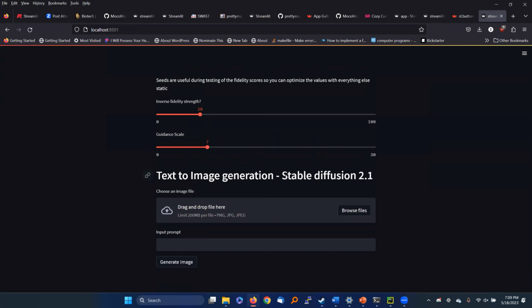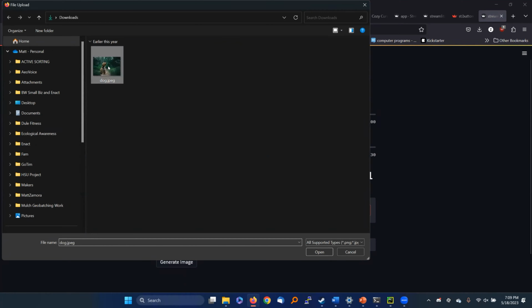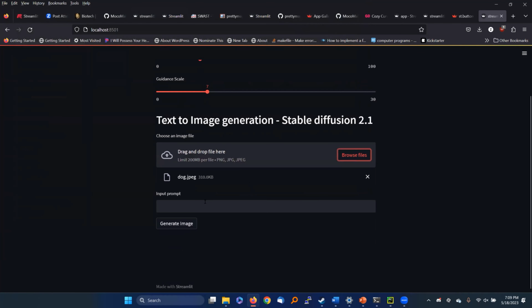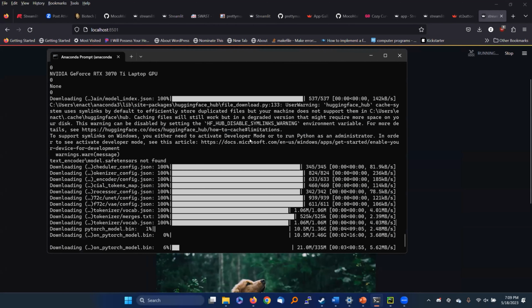But let me play with Stable Diffusion. How can I do that quickly? Well, Streamlit was the answer to how can I do that quickly. Let me just demo what you have here. This application lets you enter a prompt, upload a source image, enter a prompt, a dog wearing a hat, and generate an image. So what's happening behind the scenes is that